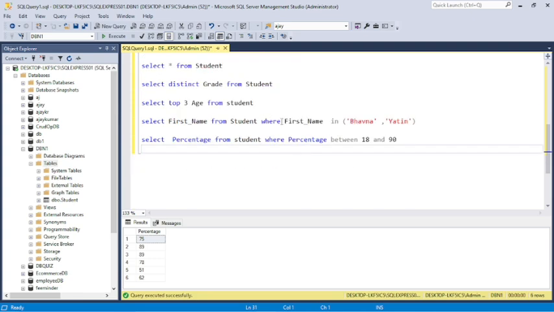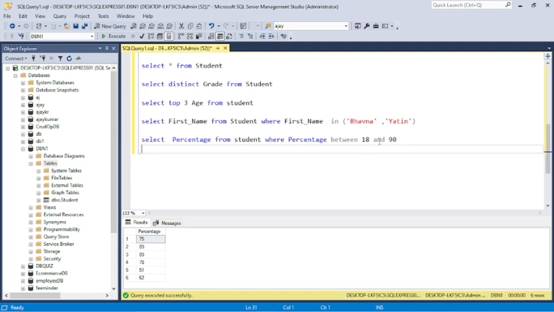Here is the WHERE clause. It is used to filter all the data from the table, where you want to show only certain columns, so we use the WHERE keyword. Now the AND keyword.